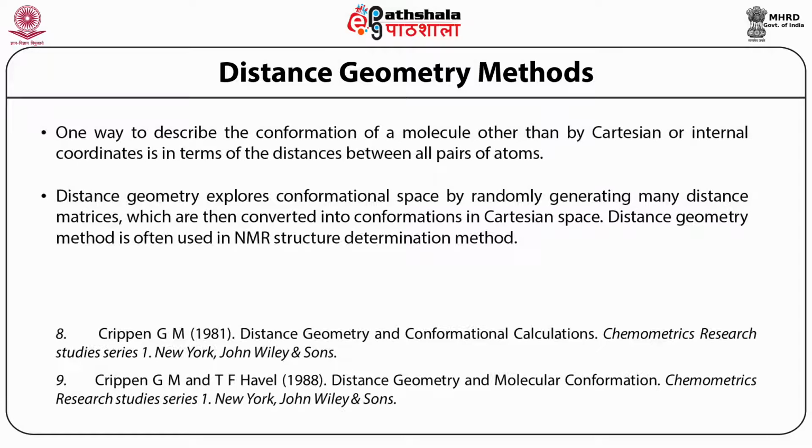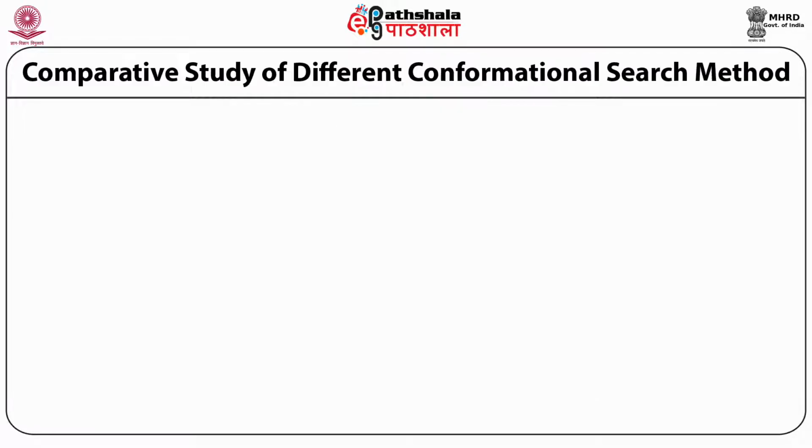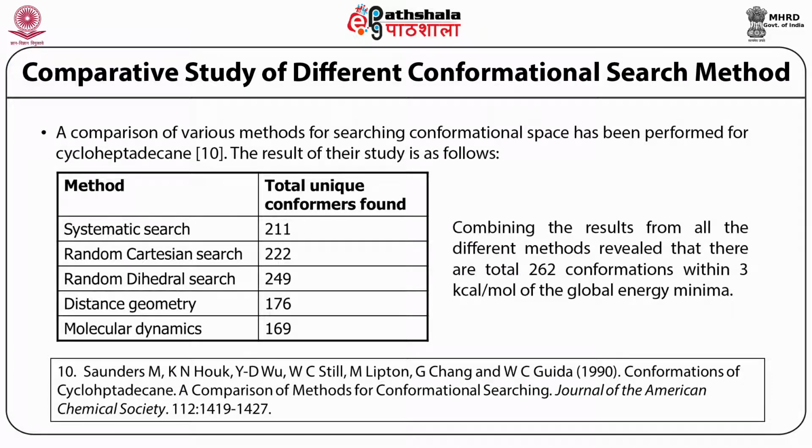The distance geometry method actually optimizes not the Cartesian space, but converts this Cartesian space into a distance matrix. That is, it takes the starting conformation, and the distances between each of these atoms, which are mostly non-hydrogen atoms, are calculated and then these distances are optimized, which are much fewer in number than the atom coordinates. What is the advantage and disadvantage? The methods are described in this paper in the references. The next slide shows you a comparison of all the methods, and this is the slide which is written as well as shown to you.